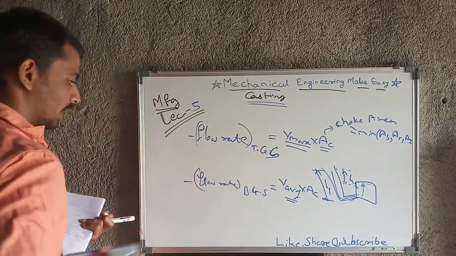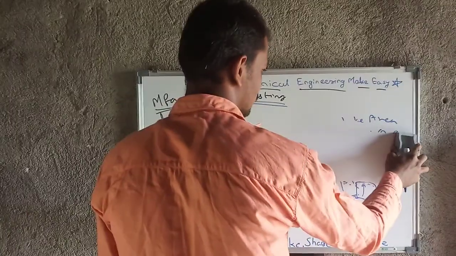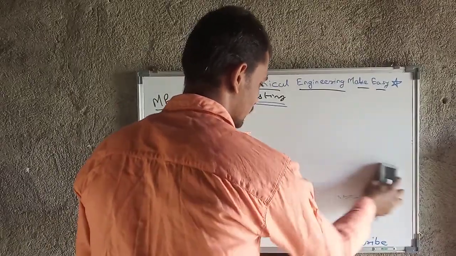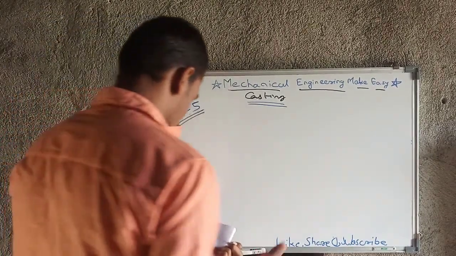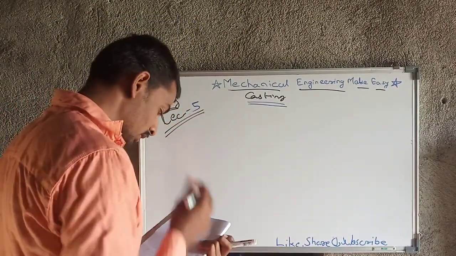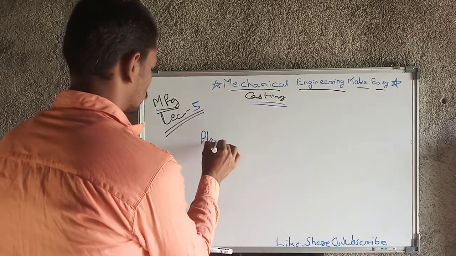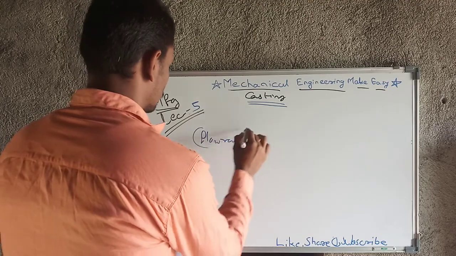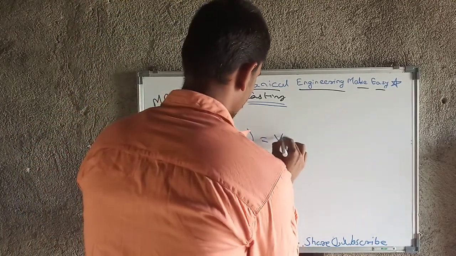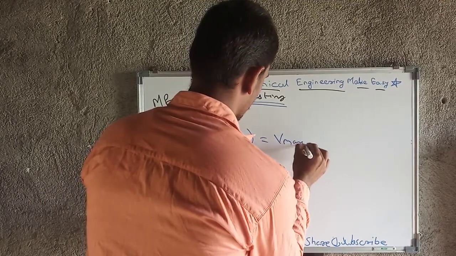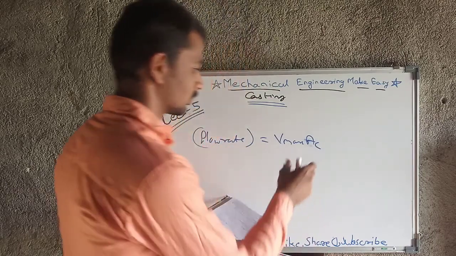Next is the flow rate for the parting gating system. This means at the parting line there is the gate, the ingate. That flow rate will be Vmax into AC for